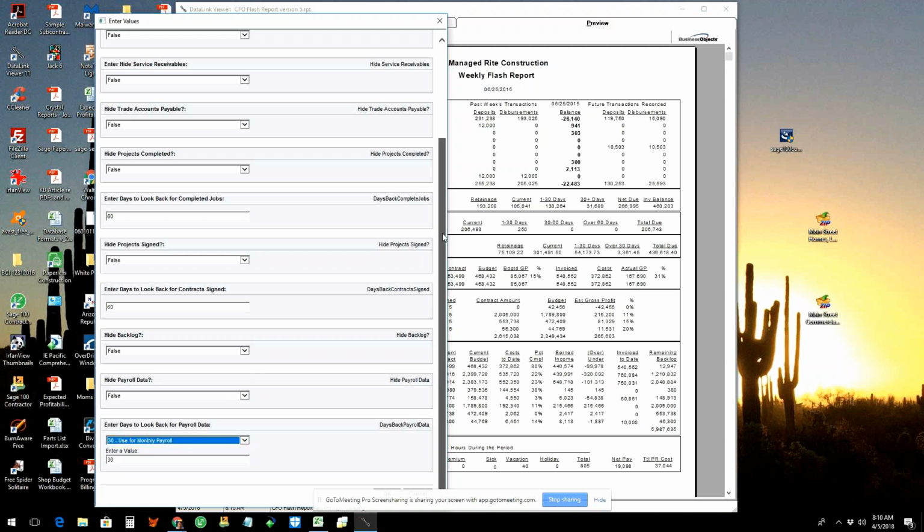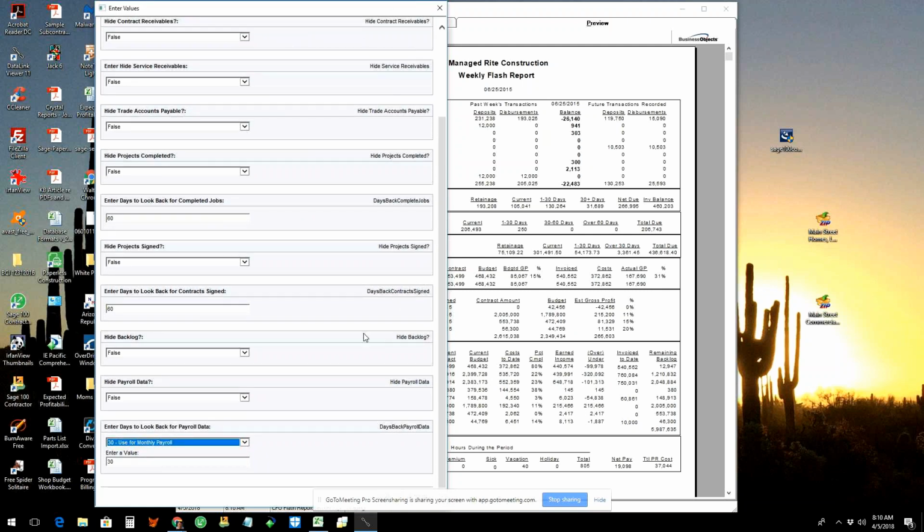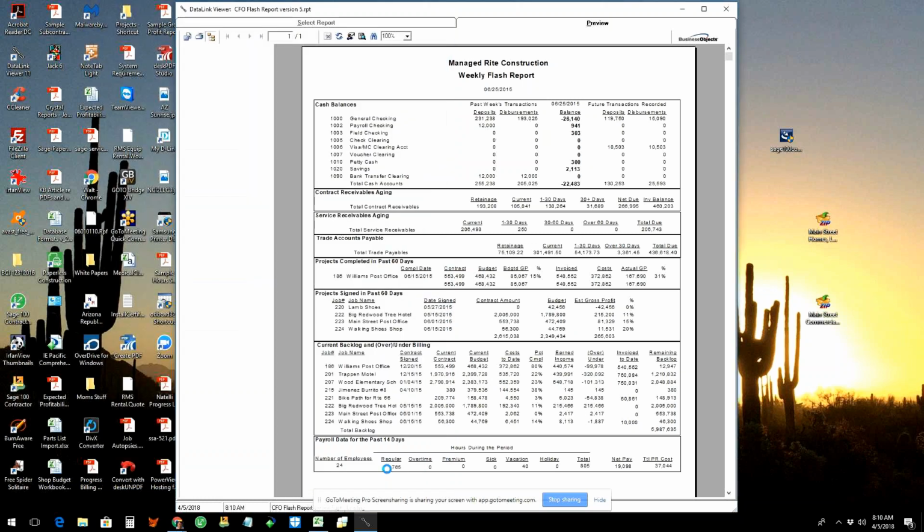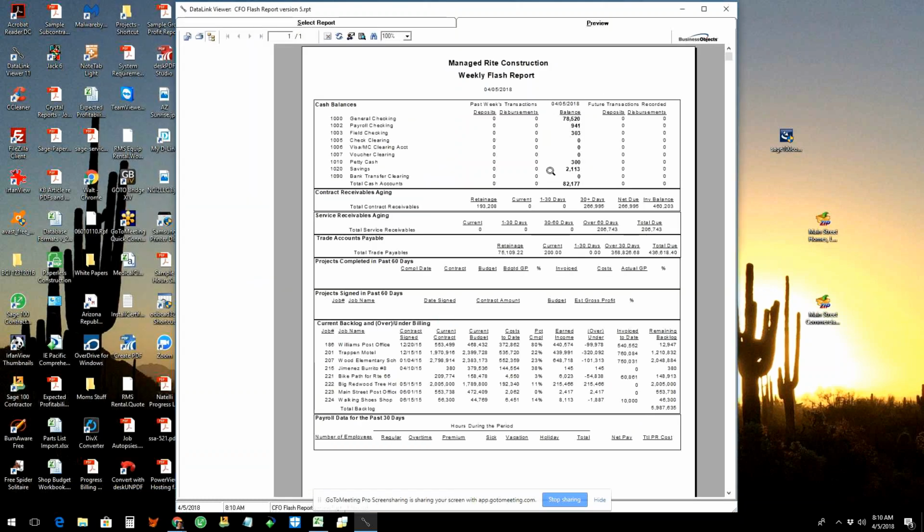And when we've got our parameters set, there's an OK button down here somewhere. There it is. When you click OK, now I just put in the current date, April 5th, 2018. So there's not much useful data in the sample company because all of the dates in the sample company are 2015 dates. So I'm going to rerun it